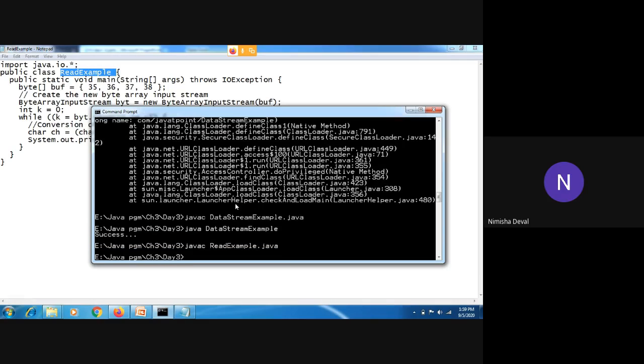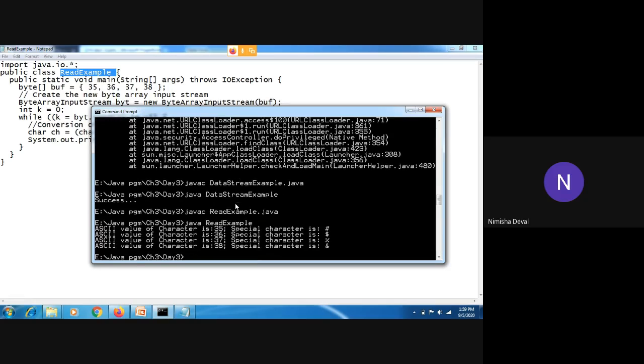Okay, so a total of four values are there: 35, 36, 37, and 38. 35 is the ASCII value for hash, then 36 for the dollar, 37 is for the percentage, and 38 for the ampersand. So you can check for any character value, and according to that you can find out its answer.